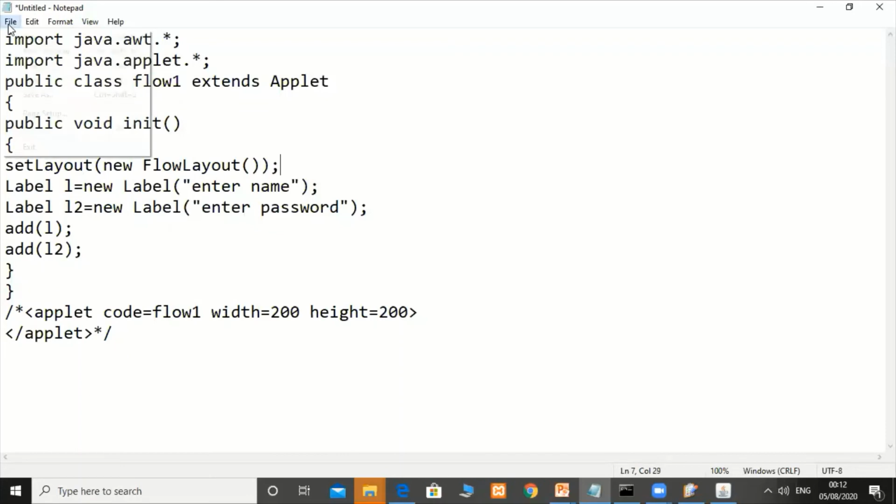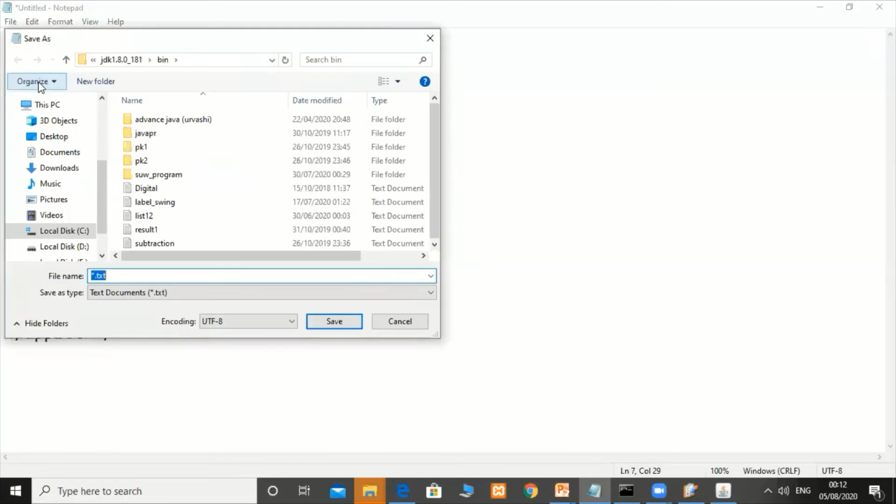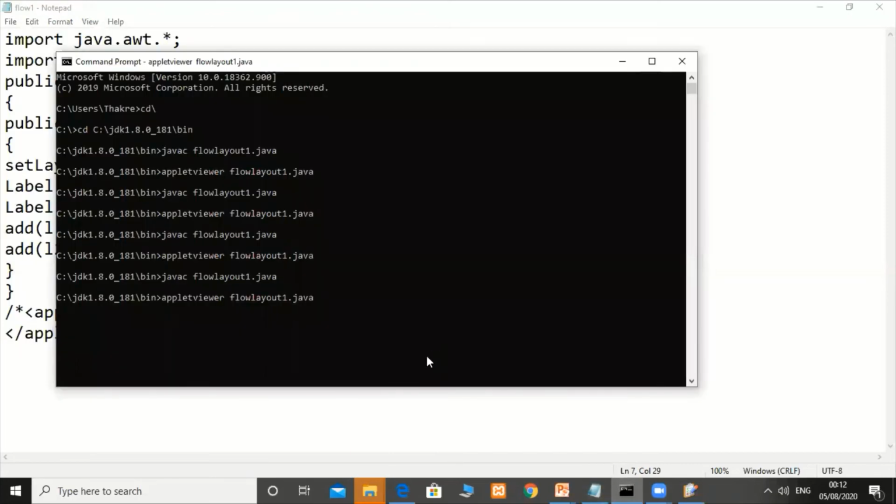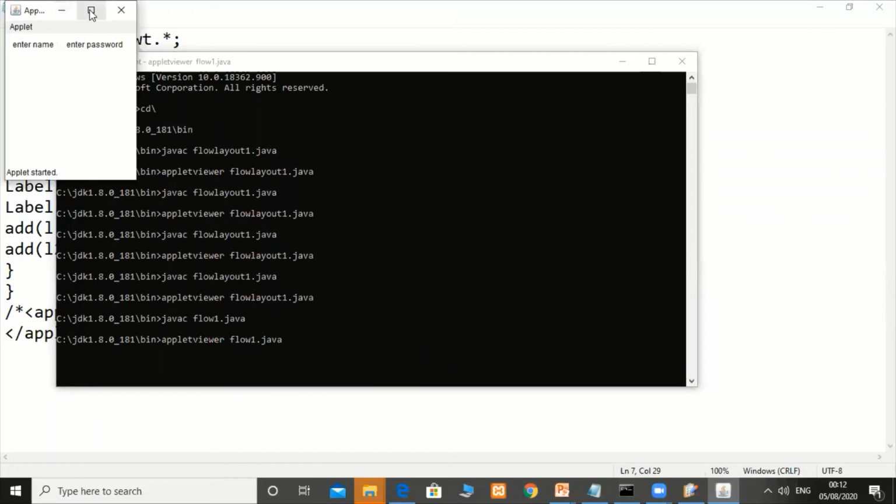Then save this file as Flow1.java and run this file. First compile it. The file name is Flow1. Then write javac Flow1.java and appletviewer Flow1.java. Okay, now see we got the output like this.